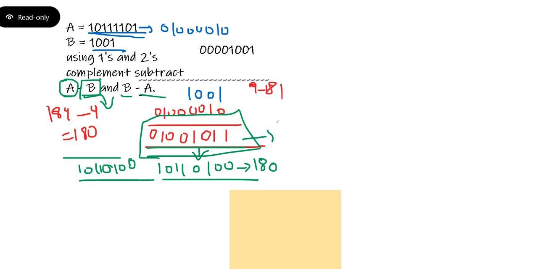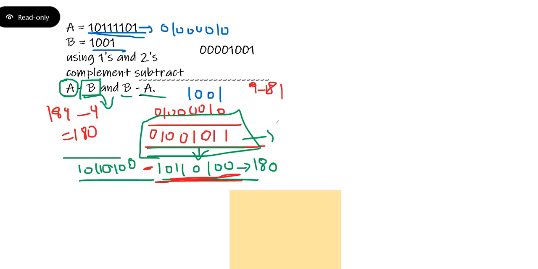To avoid that negative sign, we complement this. The answer you get here, you just put a minus sign to it. That's it.